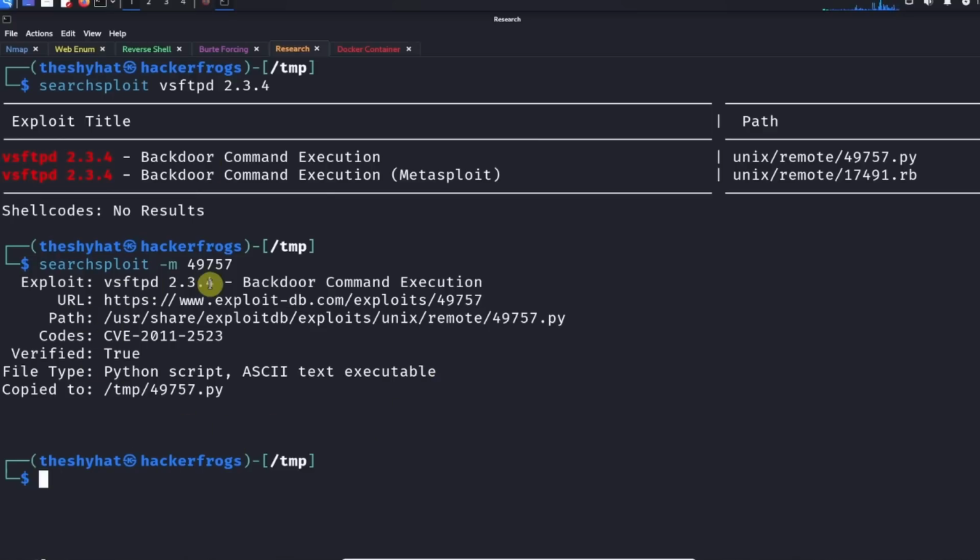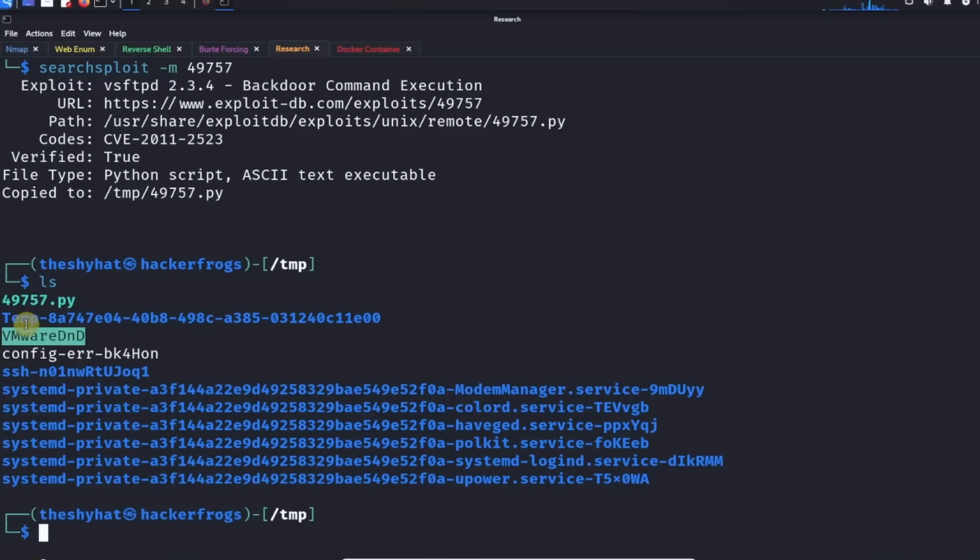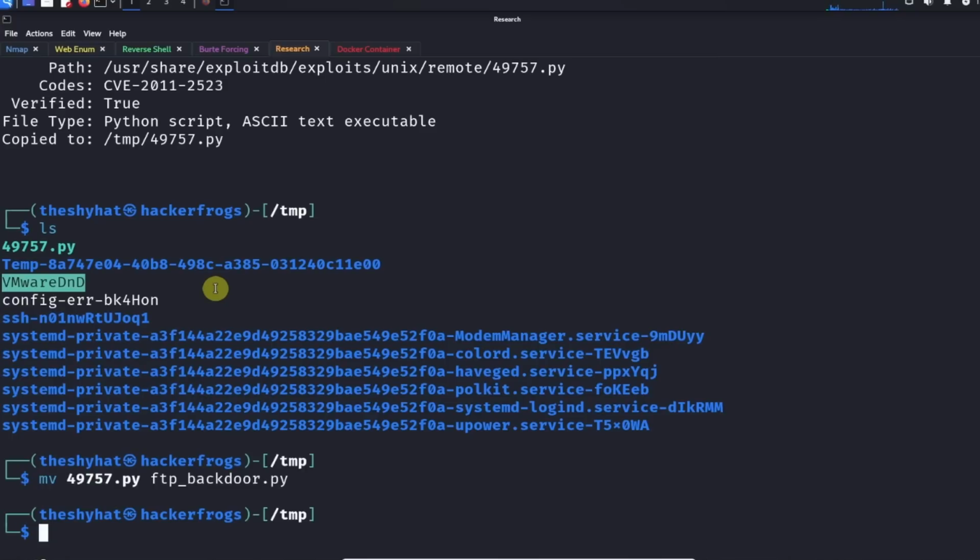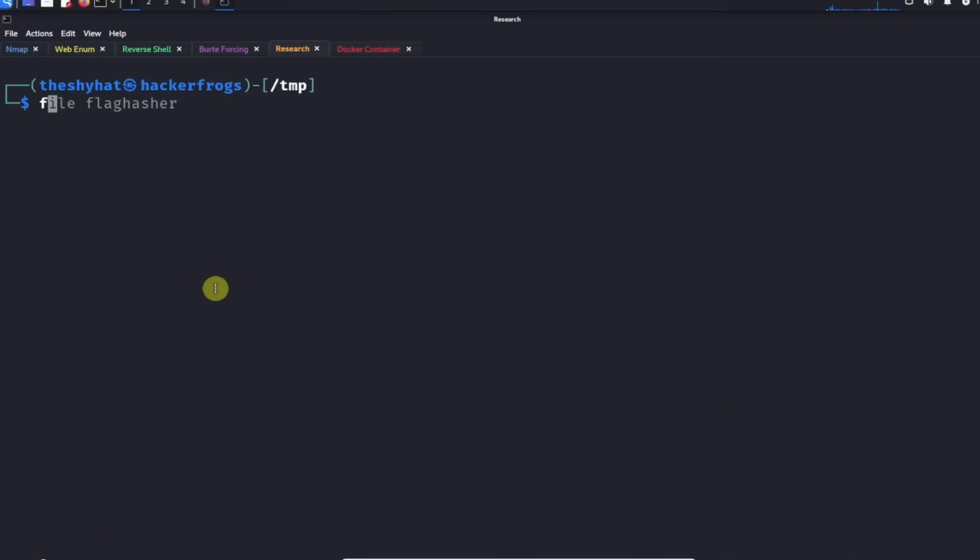Okay, so now that we have the file copied over, we're going to see that it's in our current directory. This is the file that we need to run, and we're just going to rename it. So I'm just going to do mv, and I'm going to call it FTP backdoor. Okay. After we do that, we're going to try running the script with